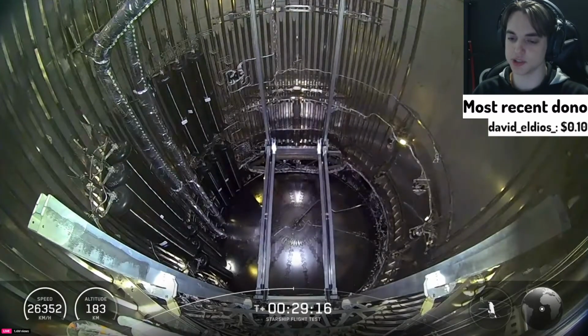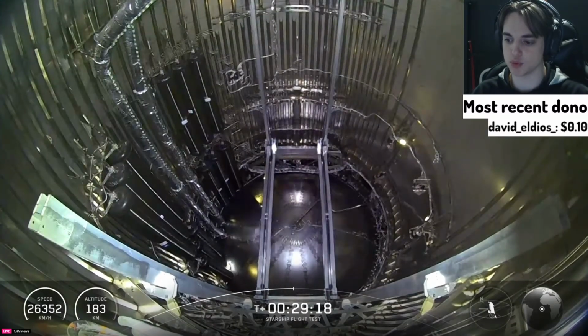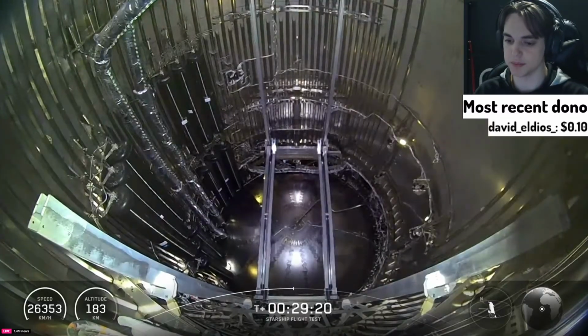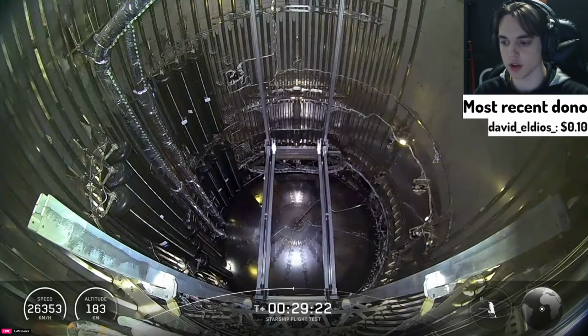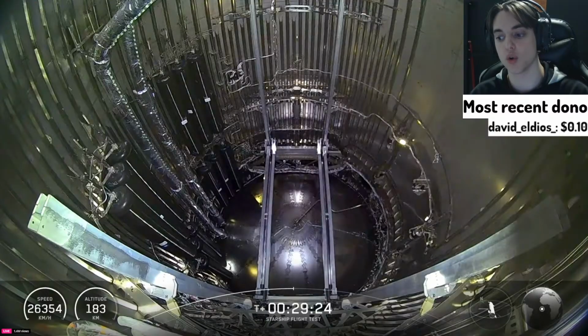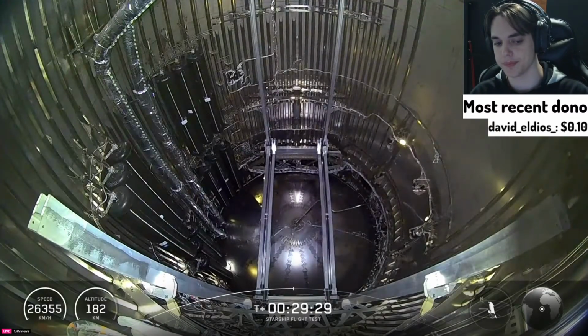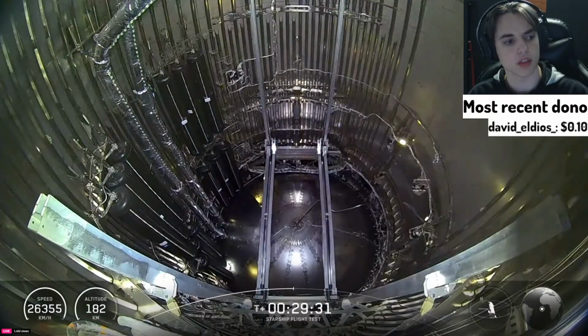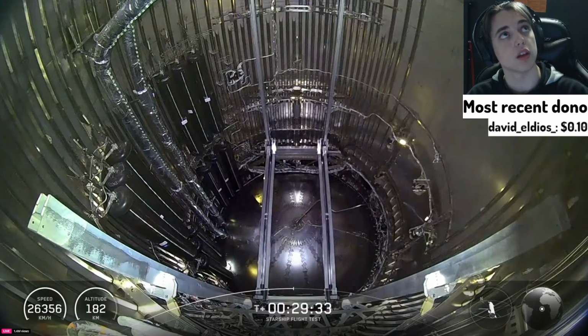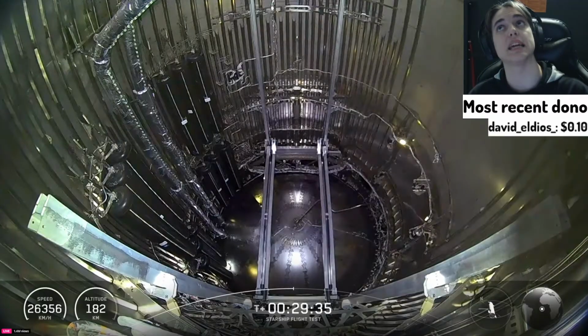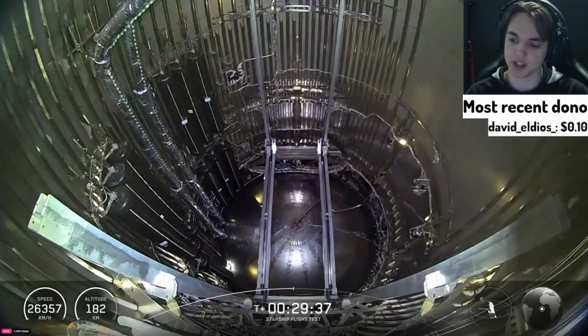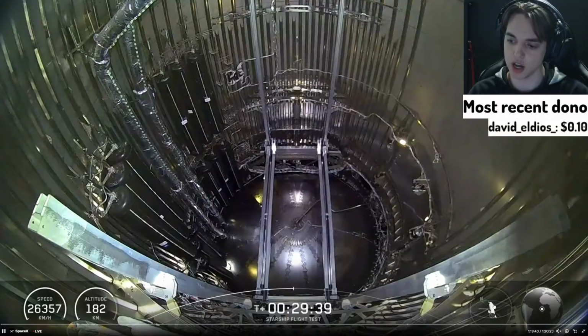Let's see, it's flying eastward, so I believe they do it prograde. They're flying southeasterly. Well, actually, it would be north. They would be flying northeasterly. I think by the time of the relight... actually, that makes sense. So you would expect to see a little bit of a yaw